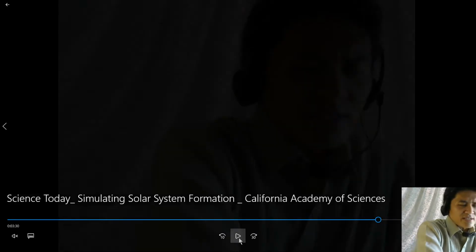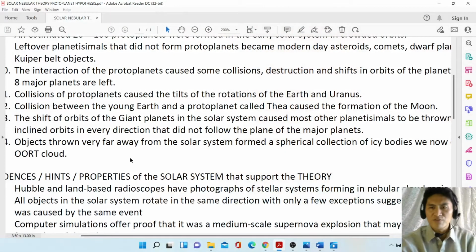So again, one thing to understand here is that these are simulations. Simulations are created by computer programs, and they are not in any way controlled by the creator. We just input the formulas, and then we let it rip, and that is what happens. So again, we might not know the individual details, like when or how, but we know that some sort of shifting happens, and that shifting caused the early bombardment, the late bombardment, and